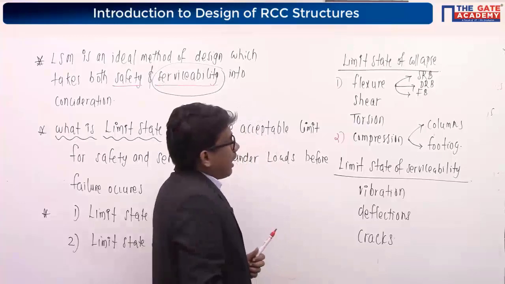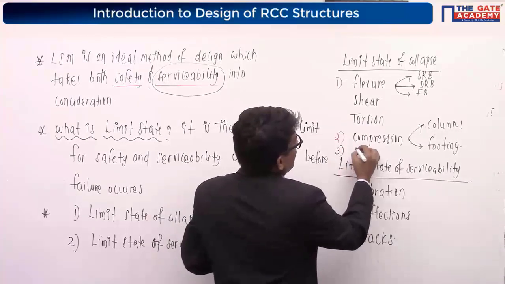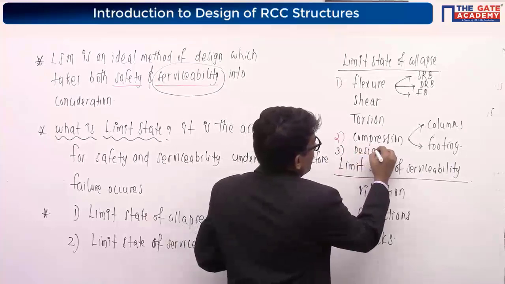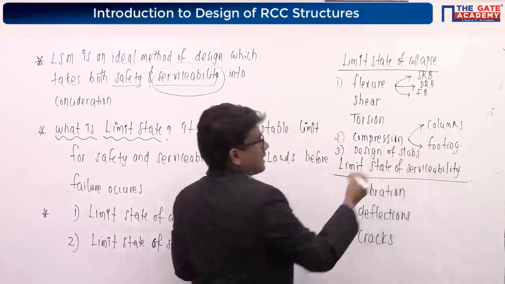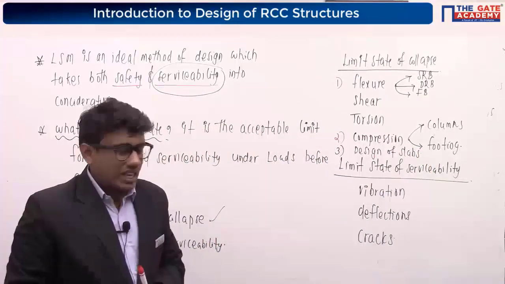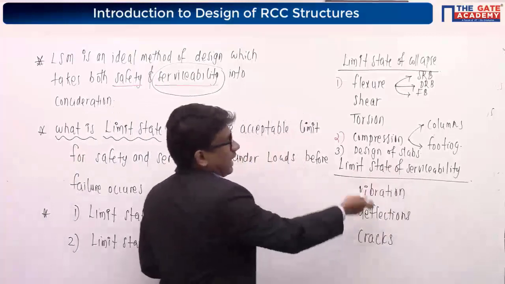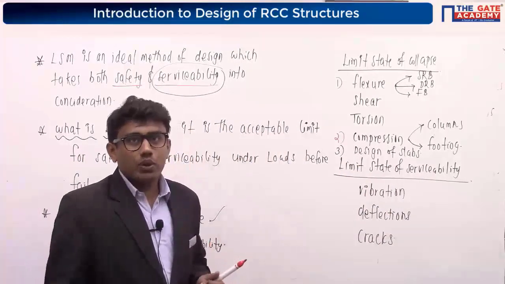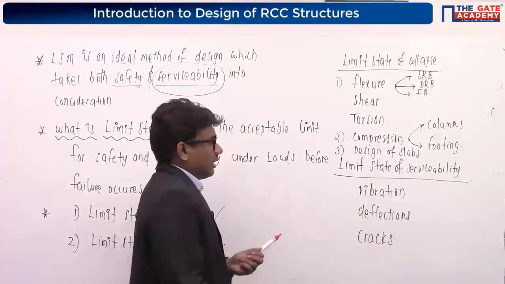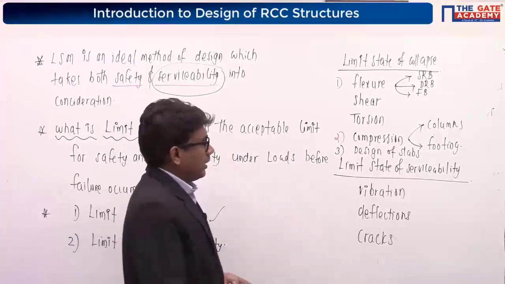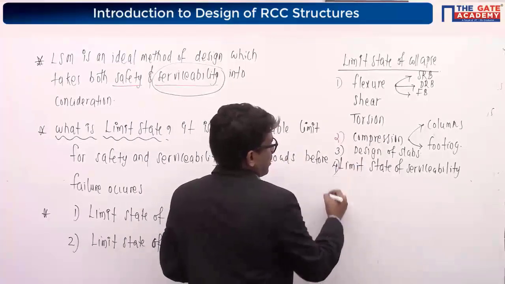Then our chapter number 3 will be in between. If we need, we can include it there. Design of slabs will be there. I will discuss it separately. Design of slabs, and I will discuss limit state of serviceability along with the design of slabs. Or I can consider it as a separate chapter. No need, we can decide it here. We can discuss it there itself, right? Then I am just removing this. If you want, you can consider it as chapter number 4.